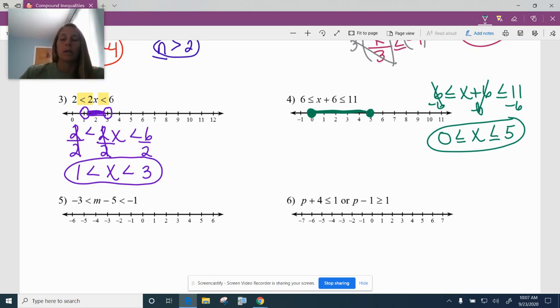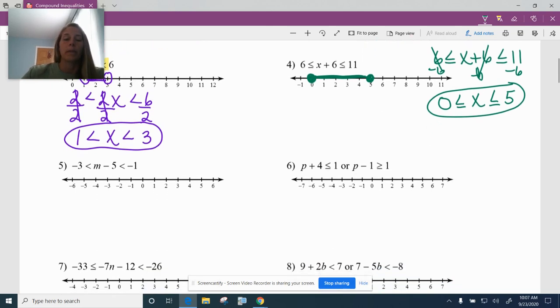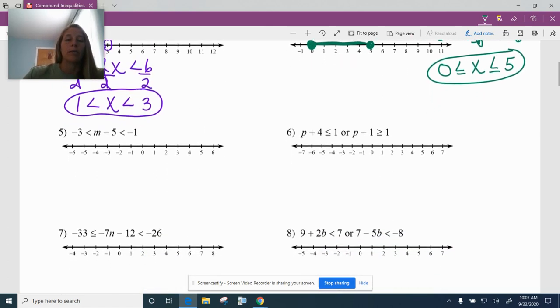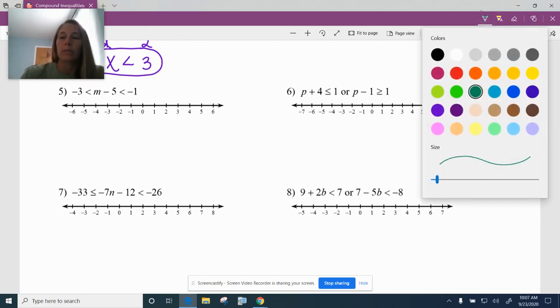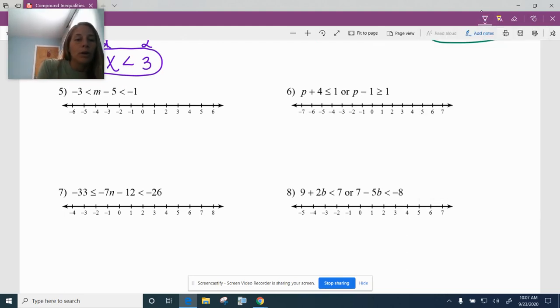Okay, so let's take a look at a couple more. So if I look at number 5, I want to do this one because we have some negatives in there, and sometimes that can be a little tricky. So for this one, I'm going to want to add my 5 to all 3 of these. Now, negative 3 plus 5 is 2. In the middle, my 5's cancel, and I'm just left with my m, and then negative 1 plus 5 would